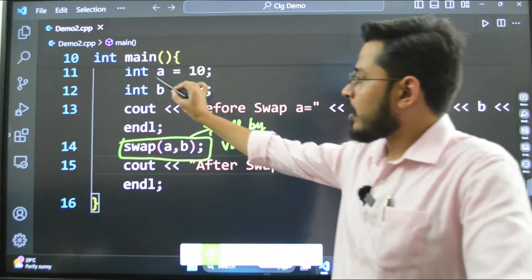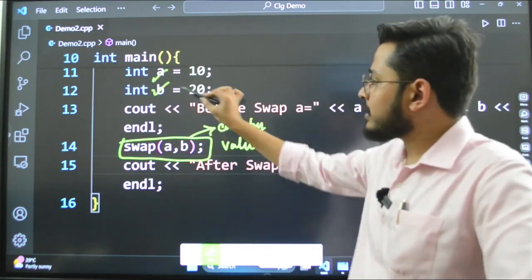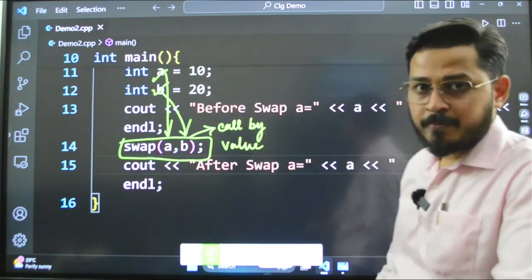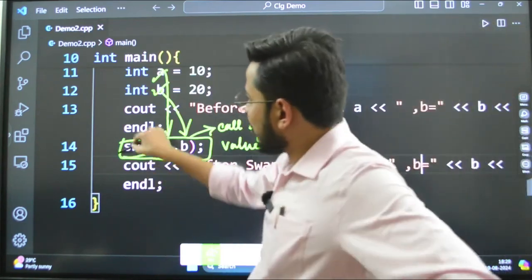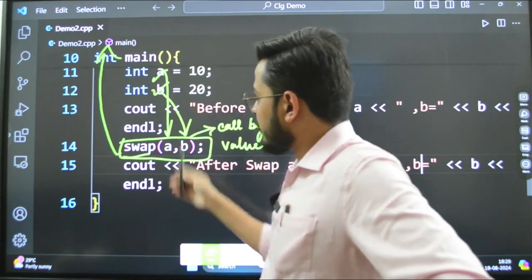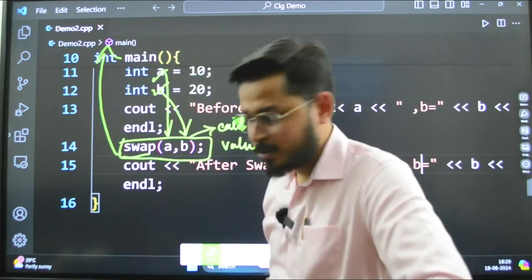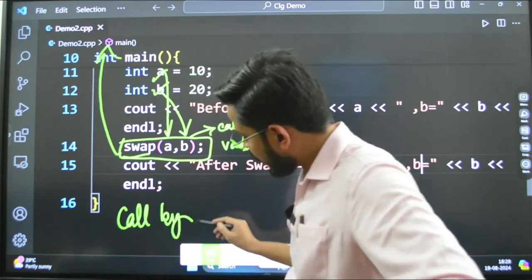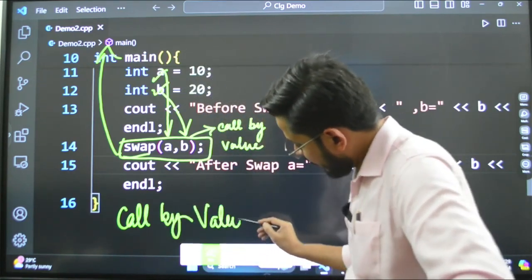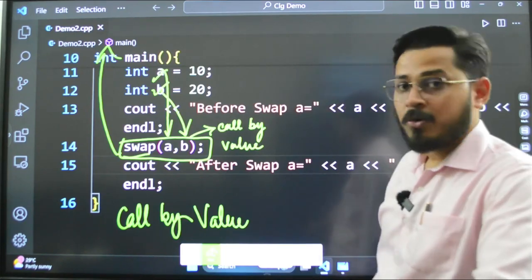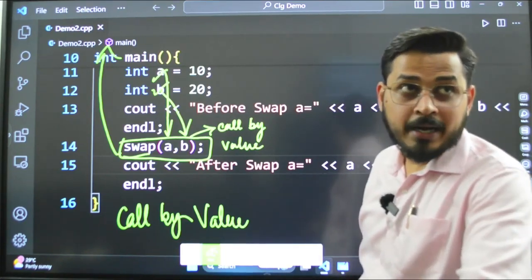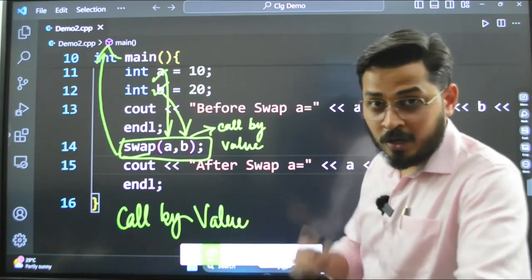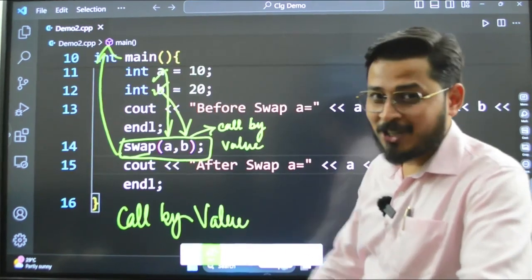What I am doing is I had these two variables and I am passing those two variables right here, calling the function by passing the value. What it becomes? Call by value. Okay? But this is not the real logic.